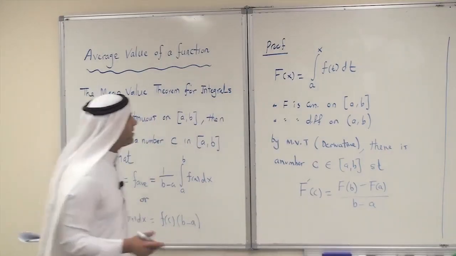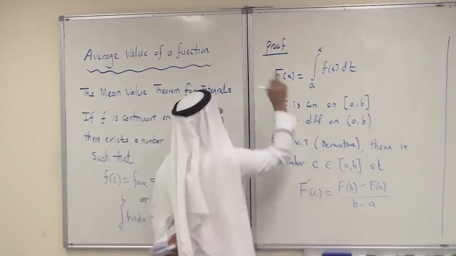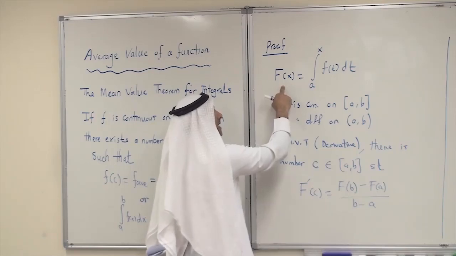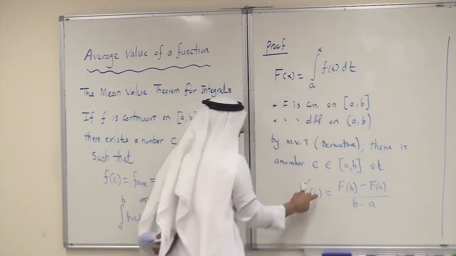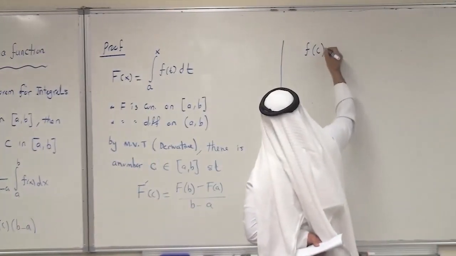Let us calculate this. What is F prime of c? What is the derivative of this function with respect to x? The derivative by the fundamental theorem of calculus is just the small f of x. So when you substitute c, you get f of c equal to